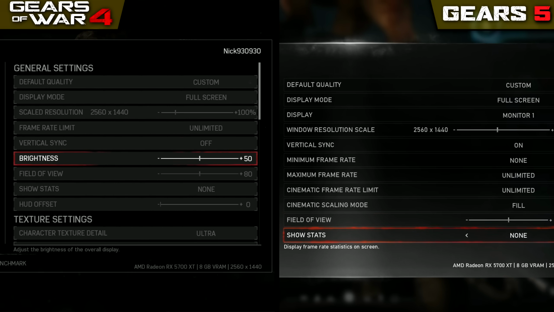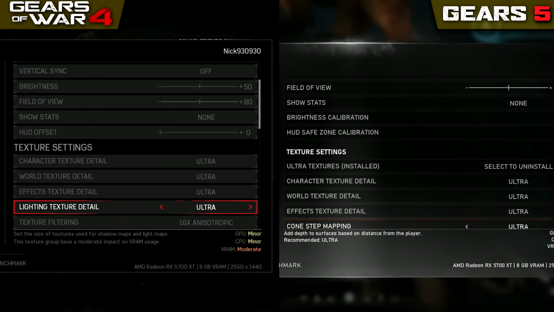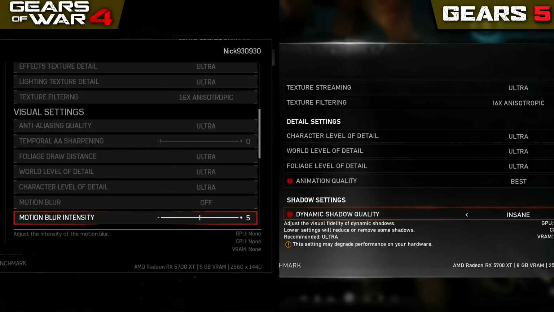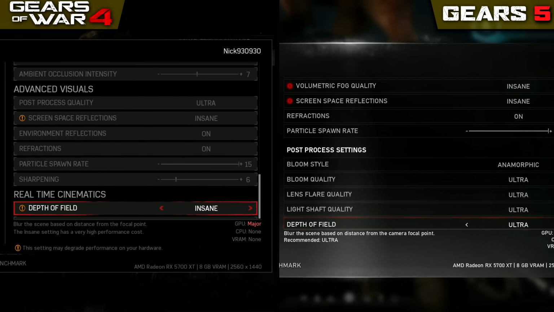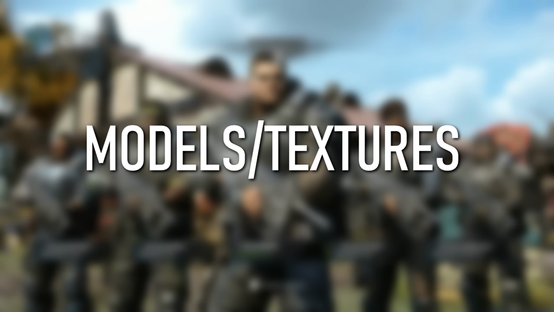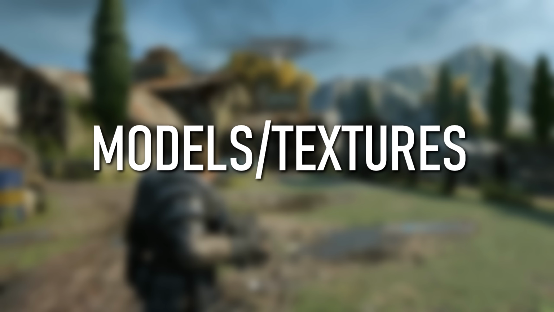For this comparison, I'll be running both games on the PC with the settings pushed as high as possible at a 1440p resolution, and in order to improve the clarity of the image, the motion blur settings will be disabled in both games. Alright, so to kick this comparison off, let's take a look at some of the character models,